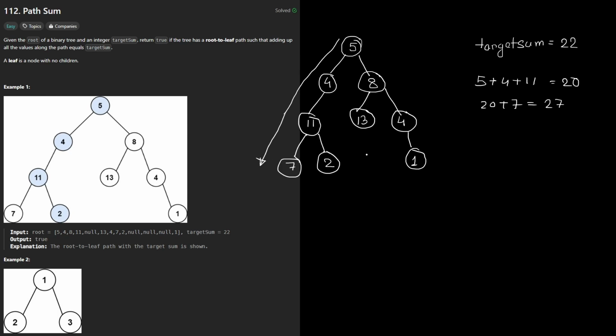Once we're at the 27, we are going to check whether it's a leaf node because it's been written from root to leaf. So from root to leaf, we are reaching till the 7, and here the value is 27. 27 is not equal to 22. So what we are going to do, we are going to move up, and from 11, we are going to go to the 2. So it would be like 20 plus 2, which is going to be 22. 22 is equal to our target sum. So it is correct. So we are going to return